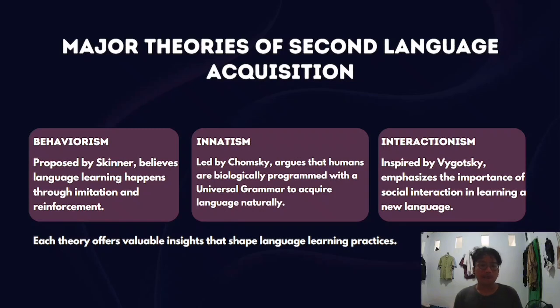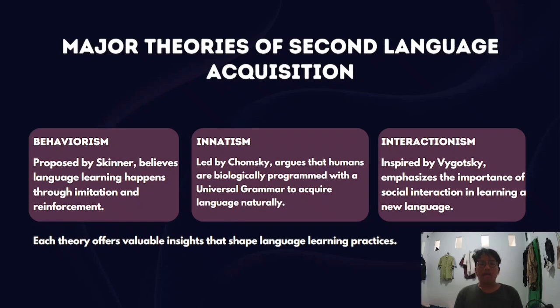Major theories of second language acquisition: behaviorism, innatism, and interactionism. First, behaviorism, proposed by Skinner, believed language learning happens through imitation and reinforcement. Innatism, led by Chomsky, argues that humans are